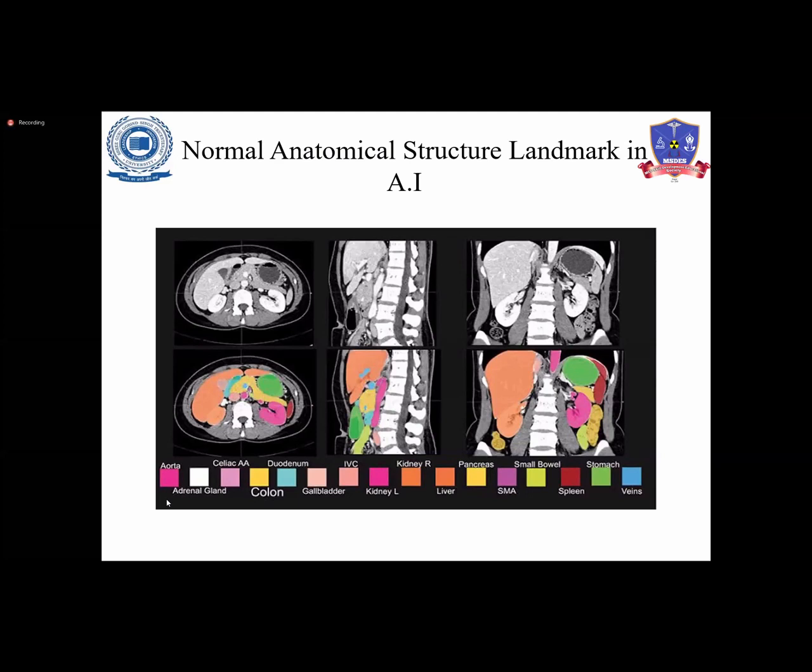That color coding is marked by us, that means by humans, because the system is not going to mark it on its own. We have to feed the data accordingly. If we mark the same color coding on two organs, like the liver and spleen with the same color, definitely we will get the same result, because we fed bad data into the system. So we have to mark everything properly, and after that, once we process the data, we get the perfect result.